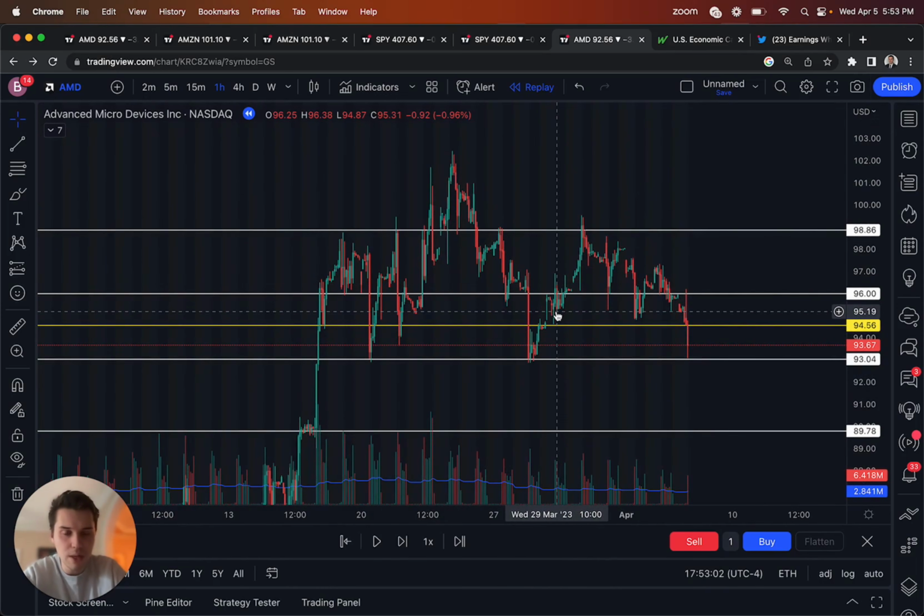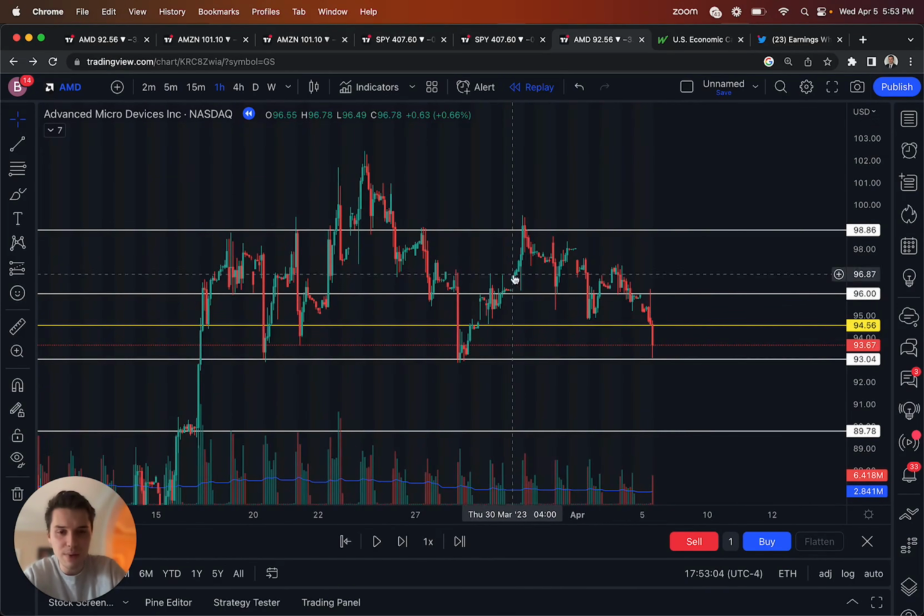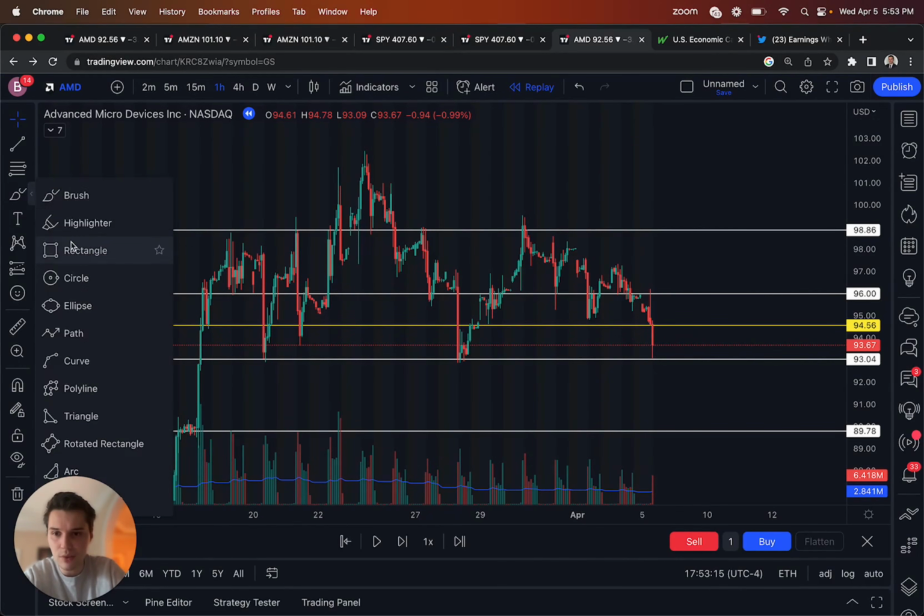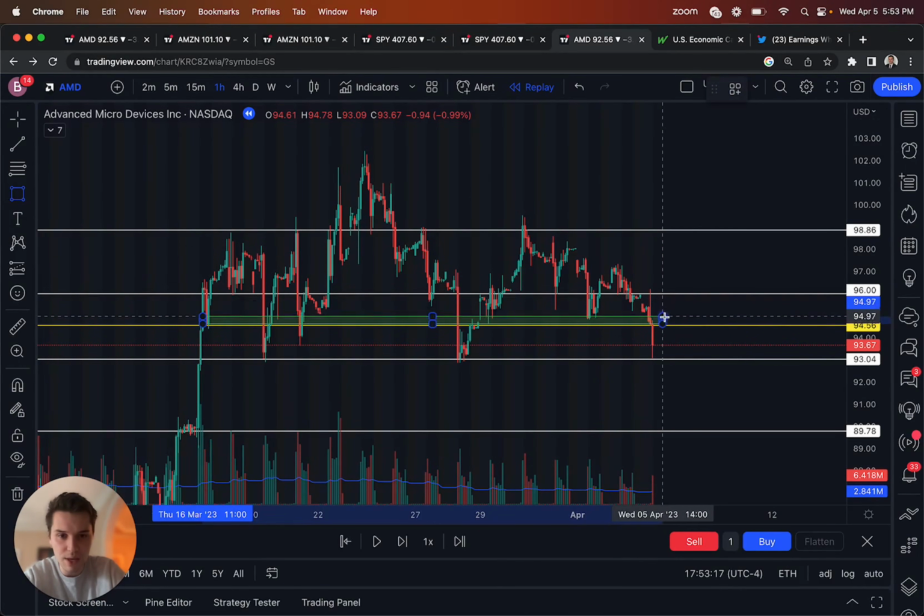Besides the pattern, you can see that it's been in a clear downtrend recently. On the hourly time frame, this 94.50 level has been the key technical level that's been holding AMD to the upside. This little demand zone, stretching from 95 to 94.50, has been the entire zone that AMD has been trying to hold up above. And as soon as you break below 95, really 95 to 94.50, you know